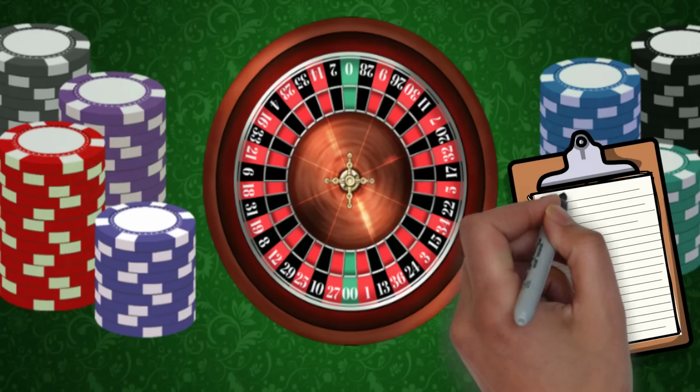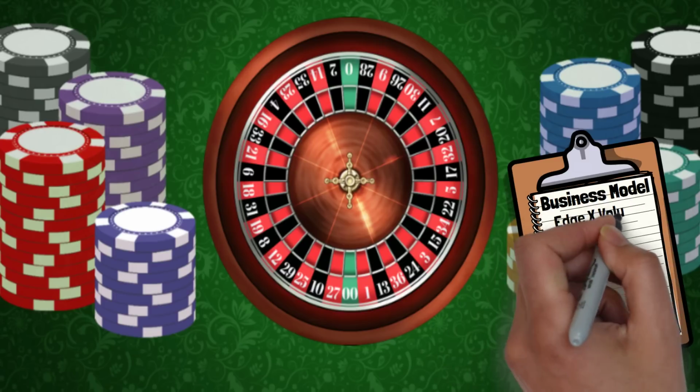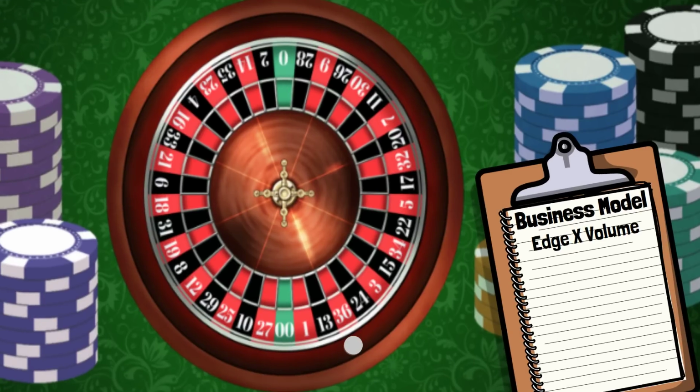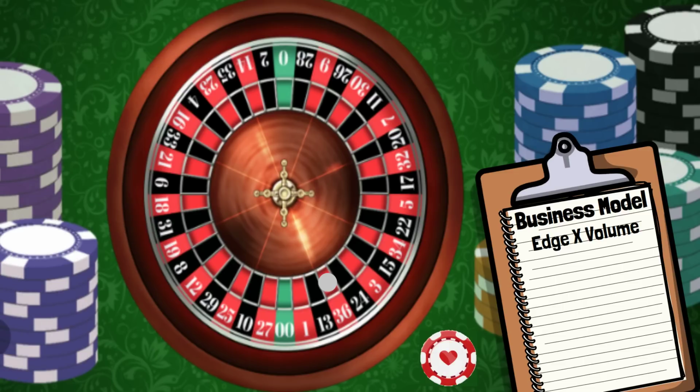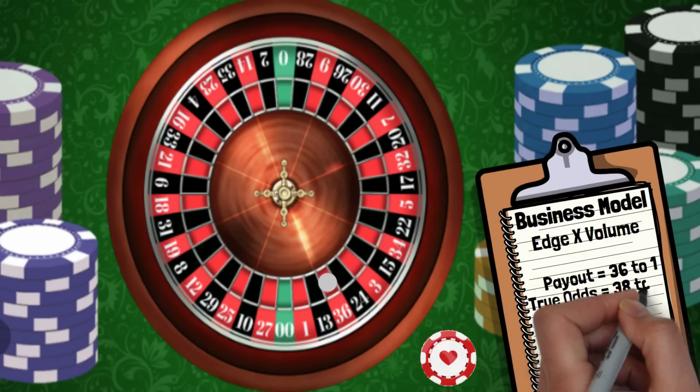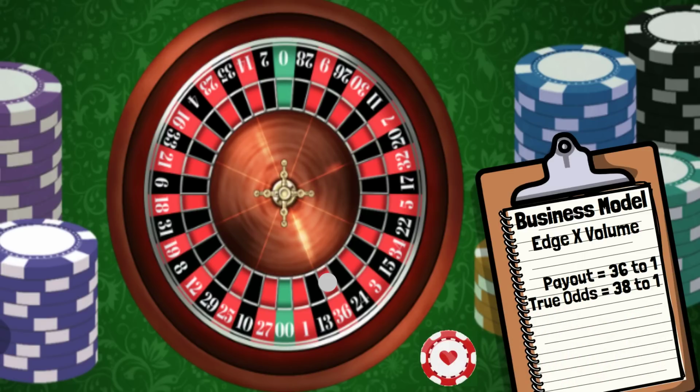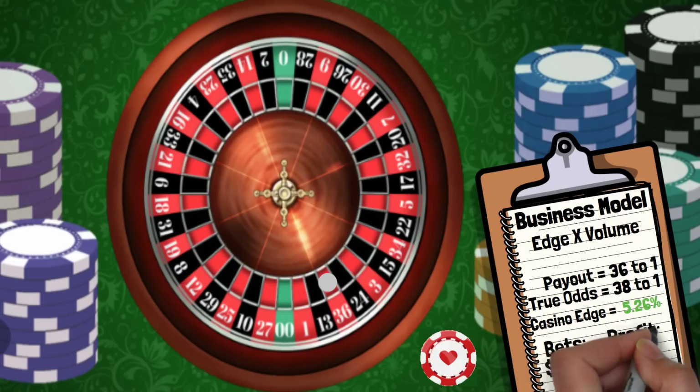Let's see how the casino calculates its roulette edge before we translate this to trading stocks. In this American roulette table, we have a green 00 and green single 0, with numbers ranging from 1 through to 36. If you placed a winning $1 bet on a number, the casino would pay out $36, meaning you get odds of 36 to 1. However, due to the green zeros, the true odds of you picking the winning number is actually 38 to 1. This means that the casino has a positive expectancy or edge over a long series of bets of 5.26%, meaning for every $1,000 wagered, the casino would expect to profit $52.60.